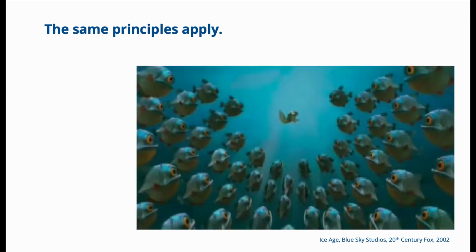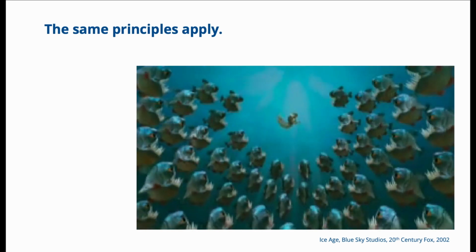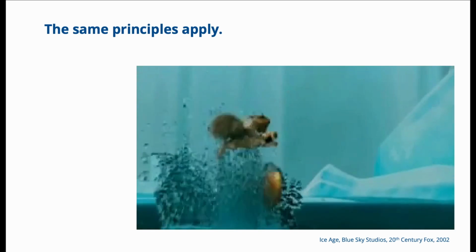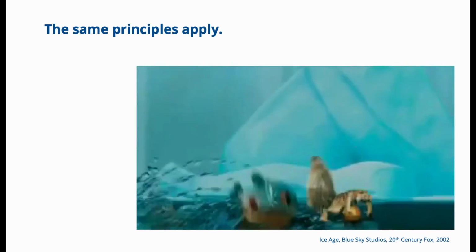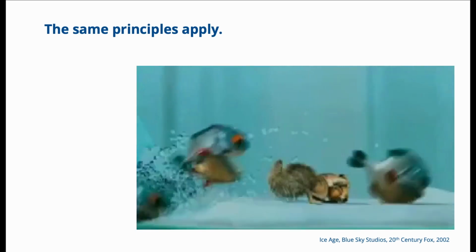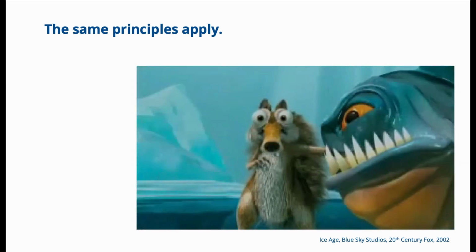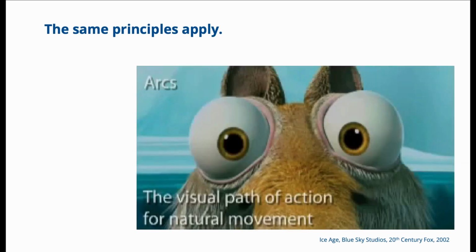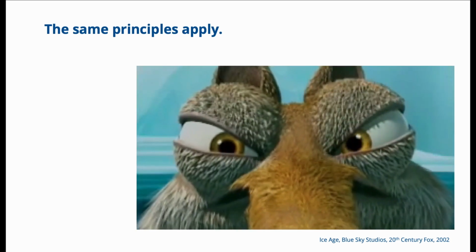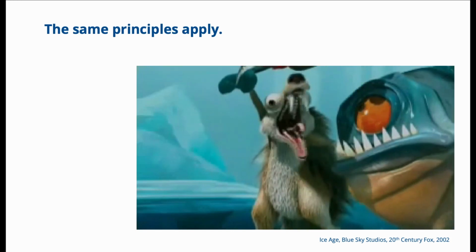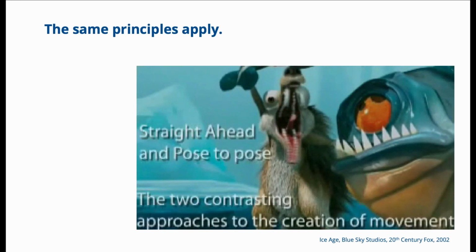And now you will see an example of him fighting these fishes, which is a frantic movement. So there is a lot of straight ahead animation that is happening. So you can see arcs, eyes are bulging out in these exaggerated arcs, and now he's going to fight off those fishes with some radical straight ahead animation,